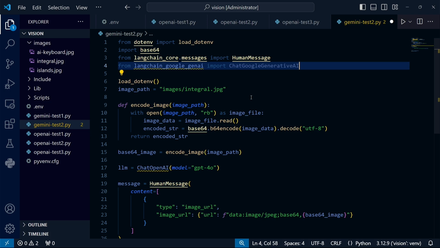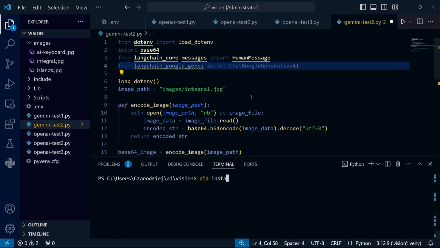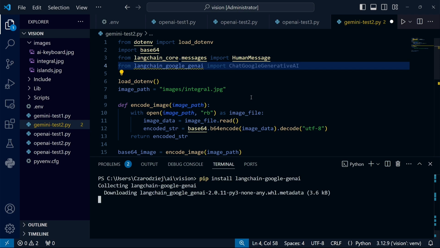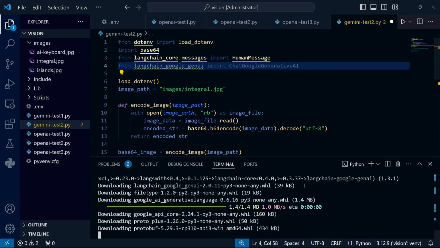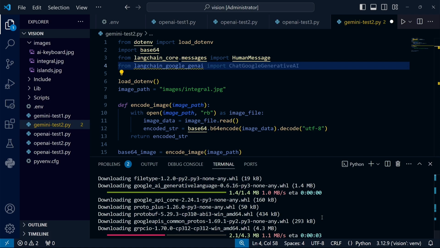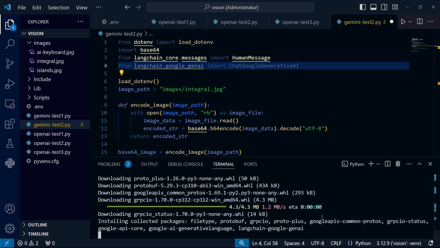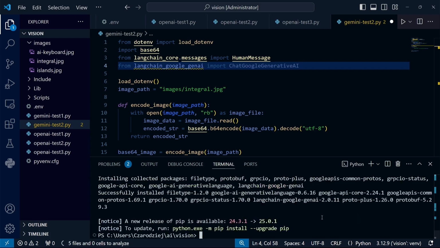Of course, the LangChain module for Google Gen AI is not installed, so I also need to add it. While the installation is running, let me share my thoughts on Google. If OpenAI doesn't specifically interest you and you're looking for something that isn't open source, then Google might be a great choice. They have some impressive models, and you can currently use their API key for free. Of course, there's also open source and Grok as alternative, but we'll dive into those shortly.